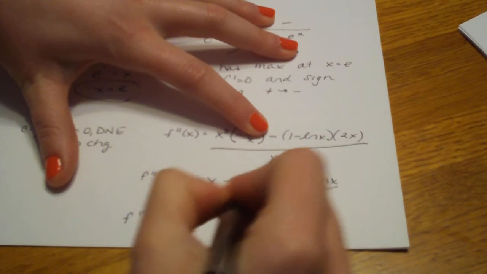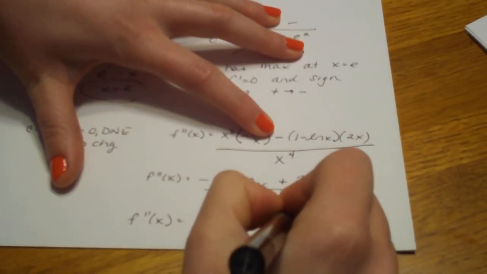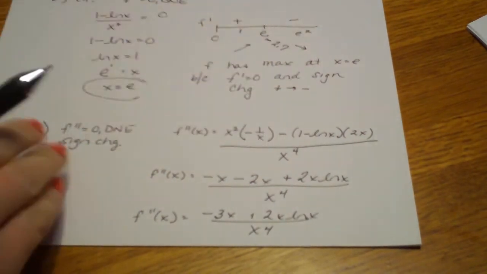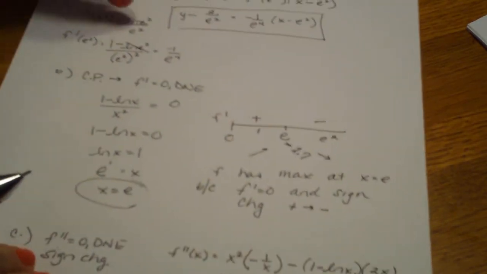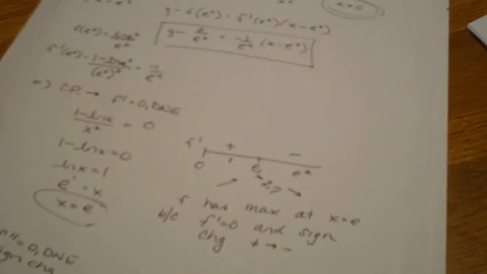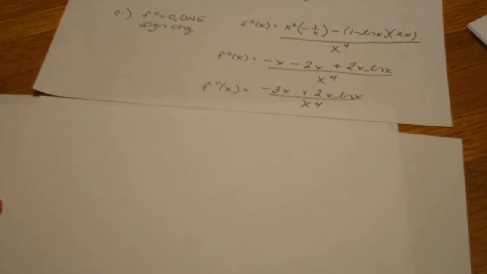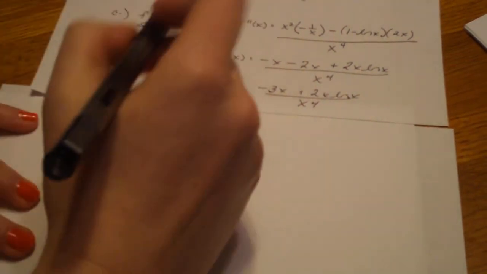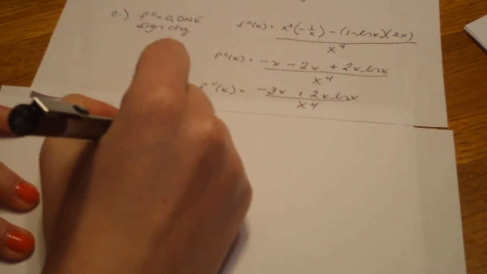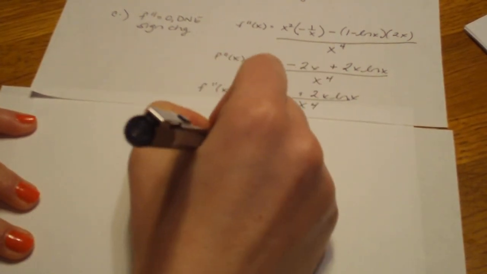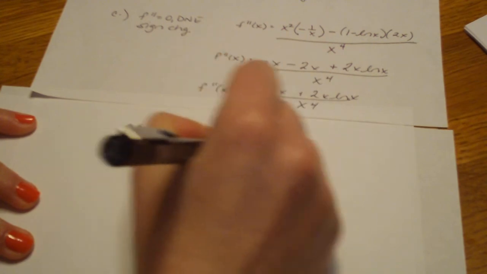Negative 3x plus 2x ln of x over x to the fourth. Okay, I think I can do a little bit better than that. So I'm going to keep simplifying this. I can take an x out of everything. So I would have f double prime of x is equal to negative 3 plus 2 ln of x over